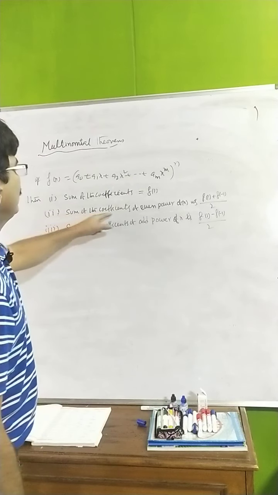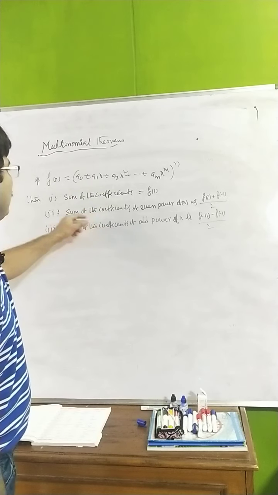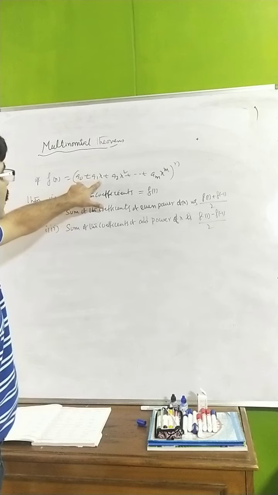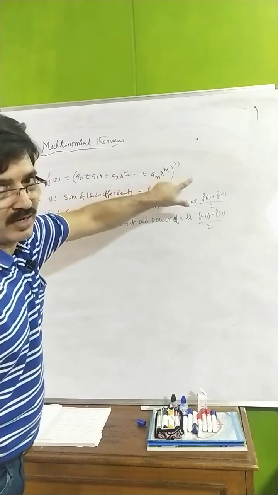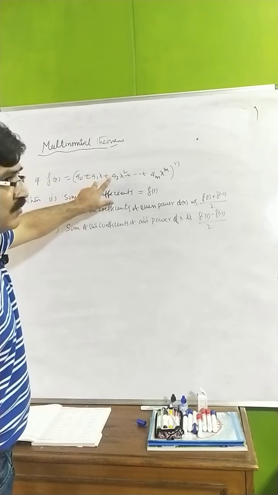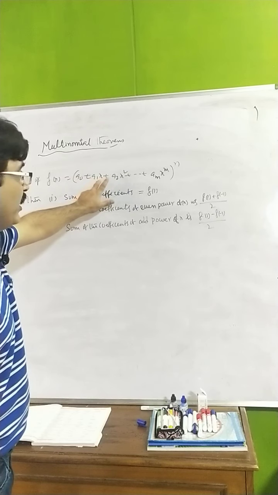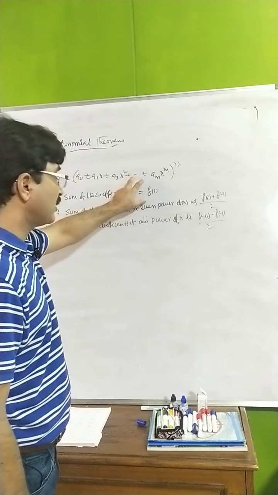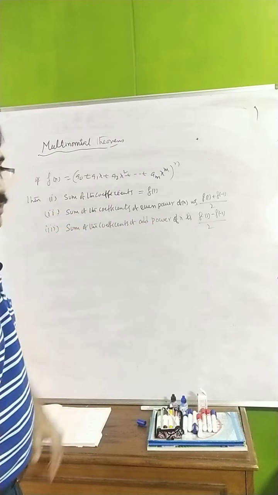Now another one is, if you want odd powers or even powers you want to find, the sum of the coefficients of odd powers of x. See here, even powers means this a0, a2, a4 like this. Okay, and odd powers means here this x to the power of 1 is there. The next one is a1 into x is there, no? So a1 is the coefficient of an odd power of x. Now the next one is a3 x cube is there, that's why a3. So a1, a3 like that you will get it here.